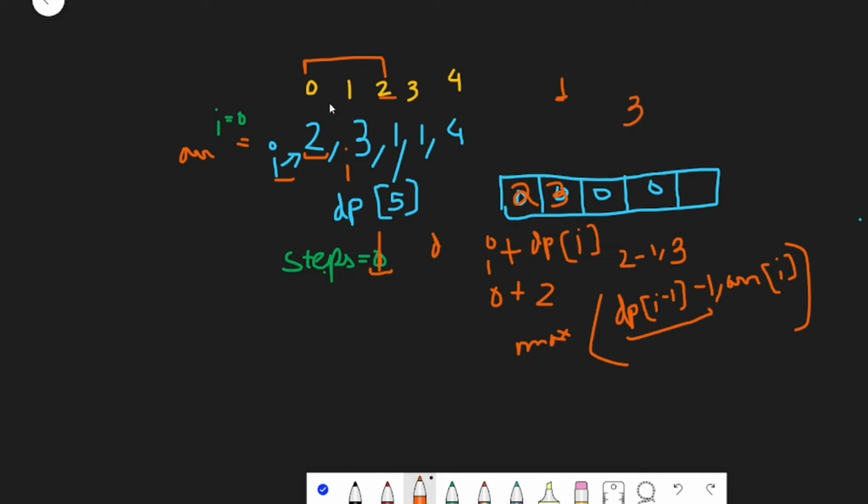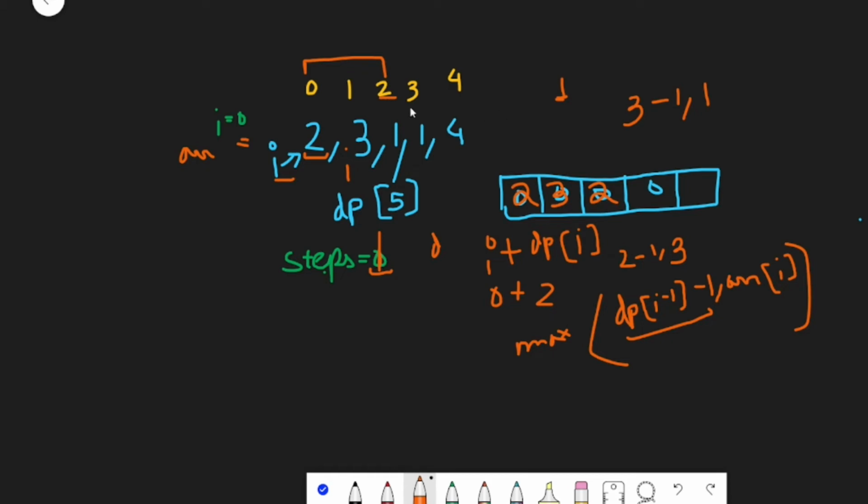We need to subtract 1 because the difference between this and this is 1. Then we see what's there in ARR of 2; in ARR of 2 we have 1. What's the maximum between 2 and 1? It's 2, so we are going to update this to 2.